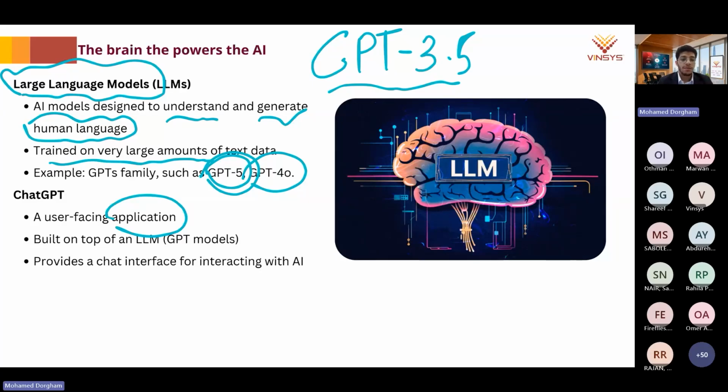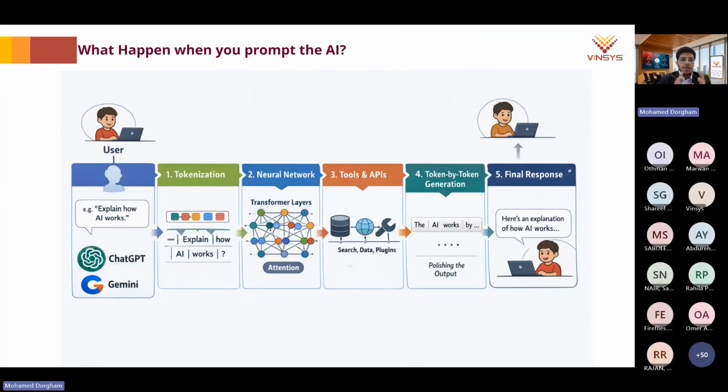Now, in very simple terms, if you want to understand the process itself, I prepared this visualization that will make the idea very simple for you. So let's say here we have a user, and you as a user would go to one of the AI systems. It can be ChatGPT or Gemini, and you would drop your question or your prompt. Let's say, explain how AI works. So what happens under the hood when you submit your prompt? There are actually three main steps that happen in the brain itself.